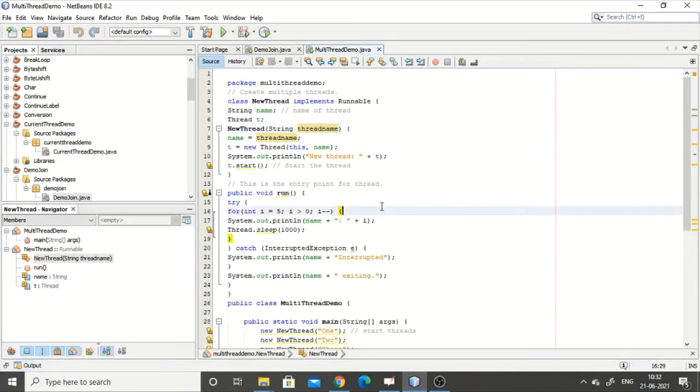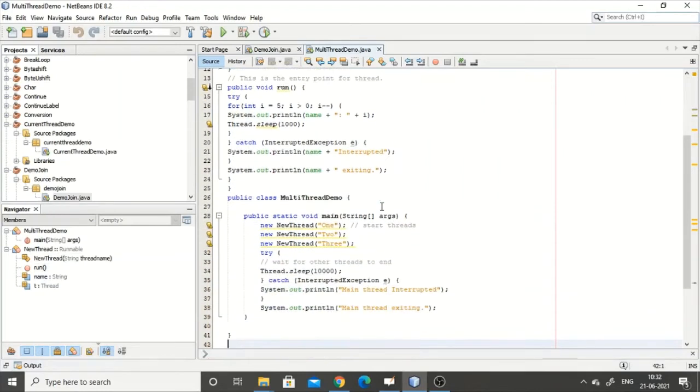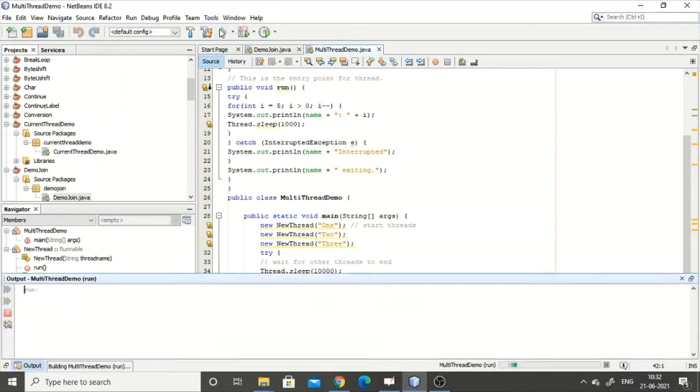It will return to the main, and the main thread is being made to sleep for 10,000 milliseconds. So it will come back to this void run, and what was the processor waiting for? The first thread was waiting. So here you can see 1:5 will be runnable, i is equal to 5. The name of the first thread, 1:5, will be printed, and that thread sleeps. When that thread sleeps, the second thread will take over, so the second thread will print, and then the third thread will print.